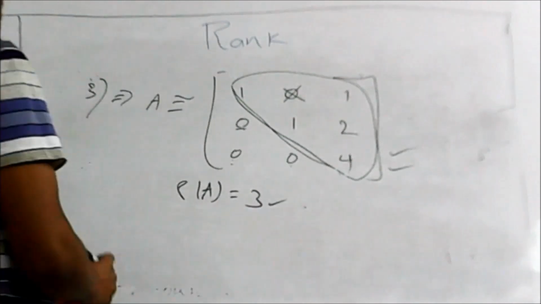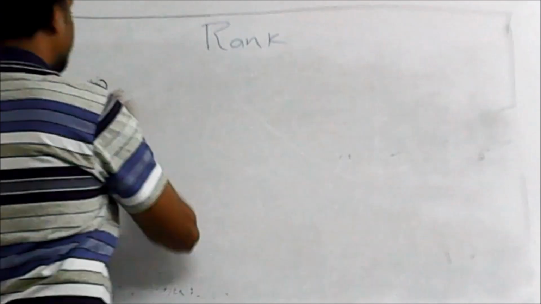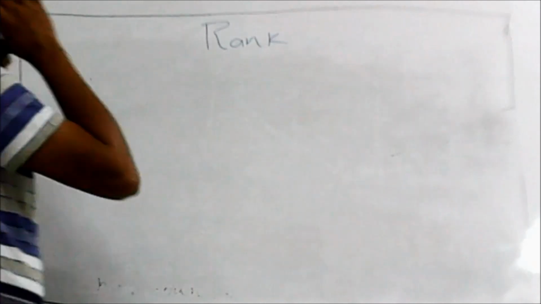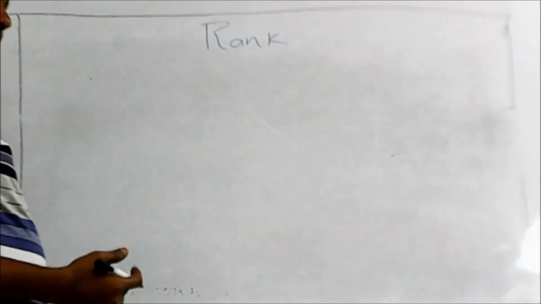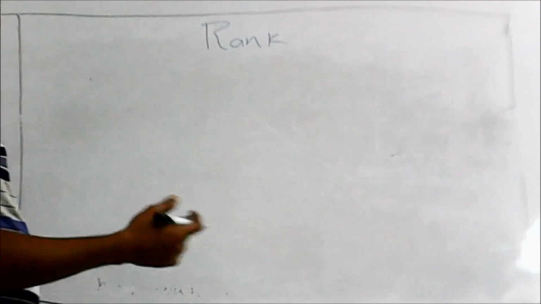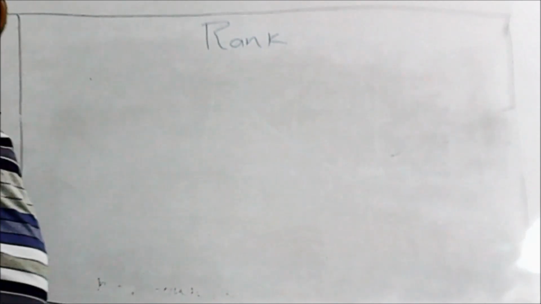So how do we apply row transformations to find the rank of the matrix? We will see it one by one with examples. The first example will come under 10 marks. Depending upon the matrix size, maybe 4 cross 4, you may be asked to find the rank of the matrix through row echelon form. It may come as a 10 marks question in your end examination.